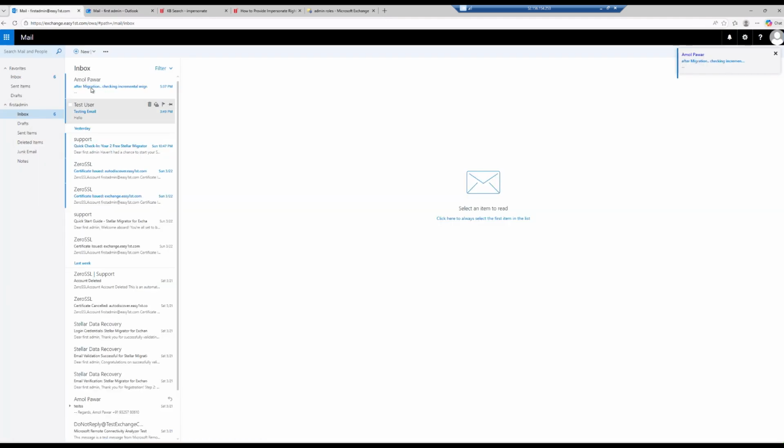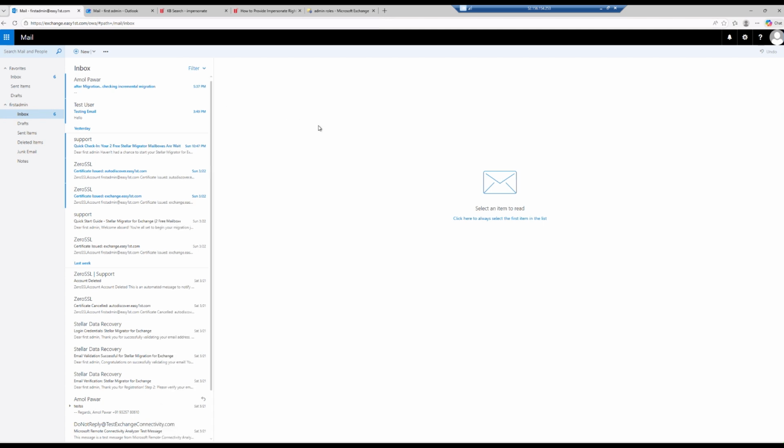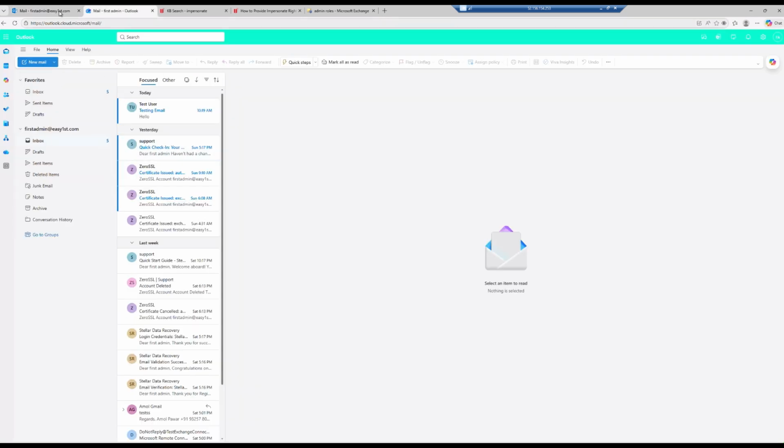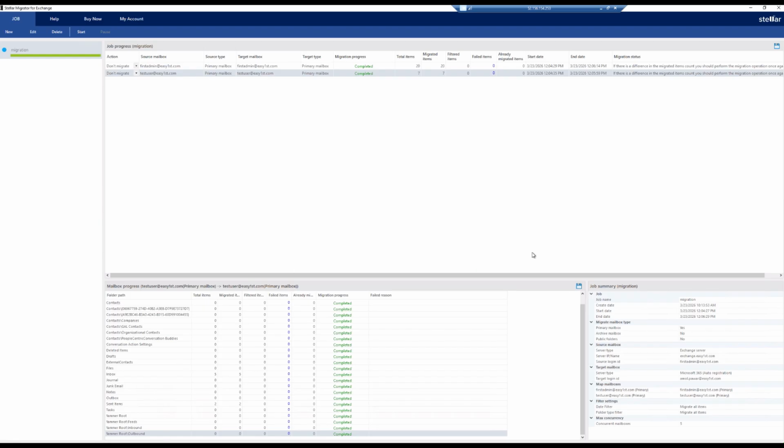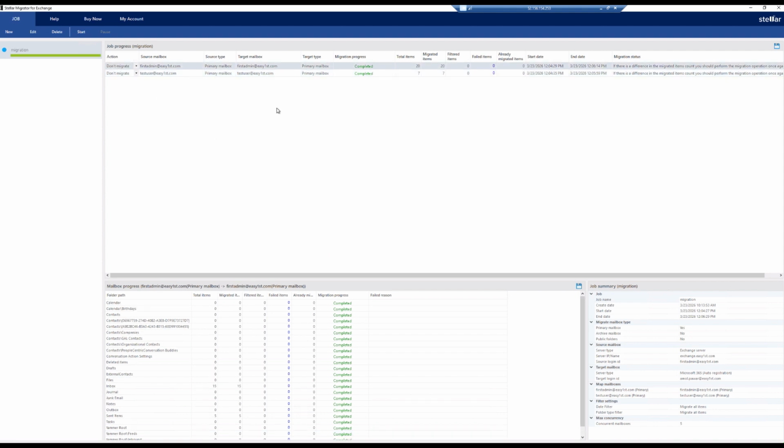A new email has arrived after the migration. So we are going to check the incremental migration and how this is going to work. In an incremental migration, this product is not going to duplicate your emails in the destination. So let's do the incremental migration right now. Simply, to do the incremental migration, you need to